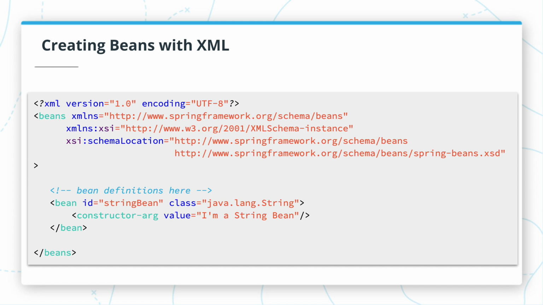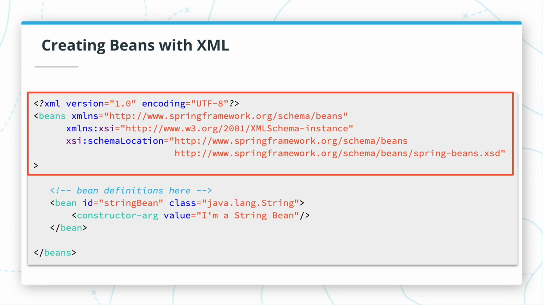Let's look a little closer at this configuration. At the top, you'll see the standard XML declaration, followed by a root element, beans. It has a lot of attributes that are responsible for defining which XML attributes, elements, and namespaces are applicable in this file, but we can mostly ignore those for now. They're part of the boilerplate Spring Boot is designed to eliminate. What's really important about this beans element is what's inside.